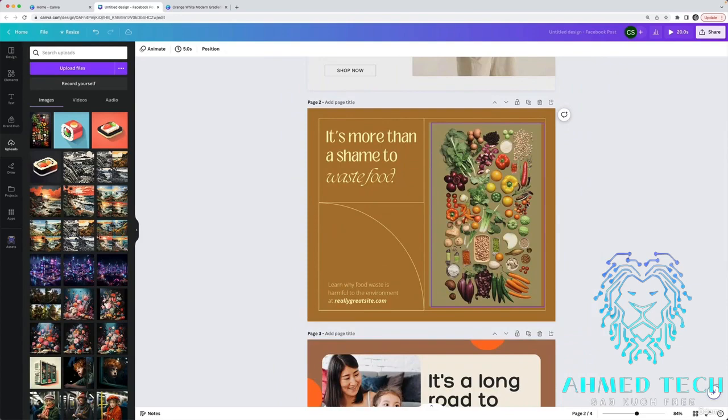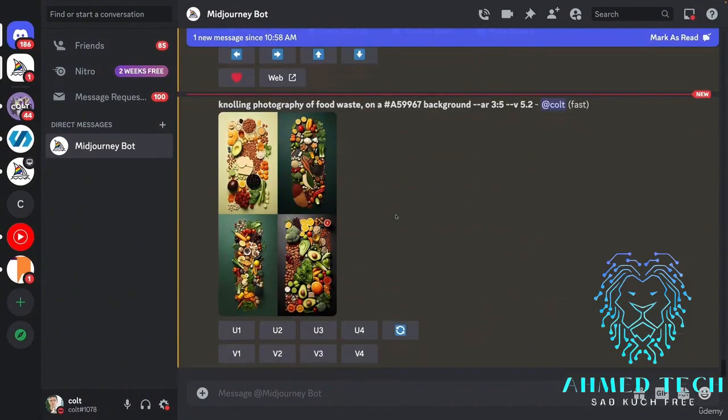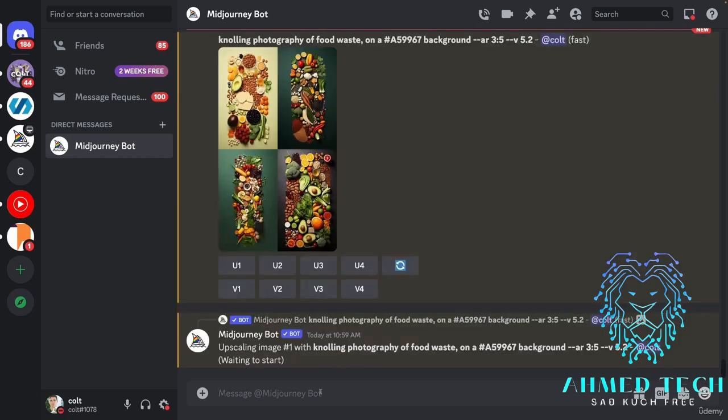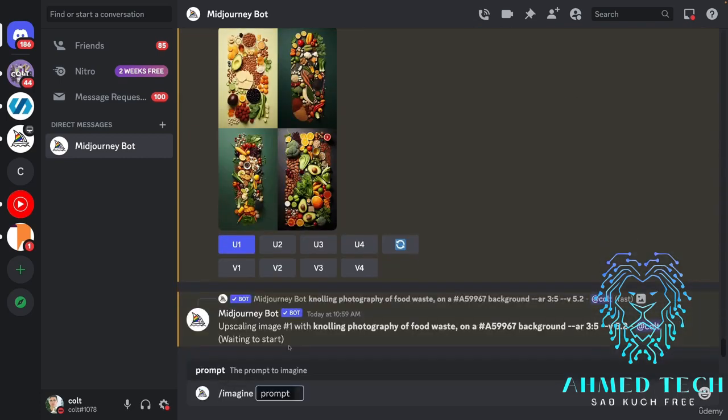Now it might be too busy. So let's check in on these ones. You can see it influences the background. It's just not exactly the same color. This one looks nice though, so I might just try upscaling one. And then let's try something completely different. Let's do